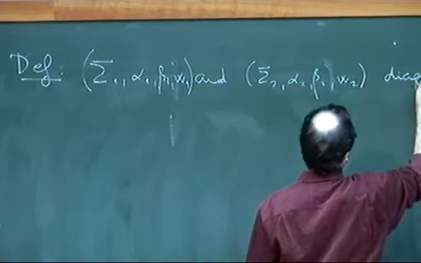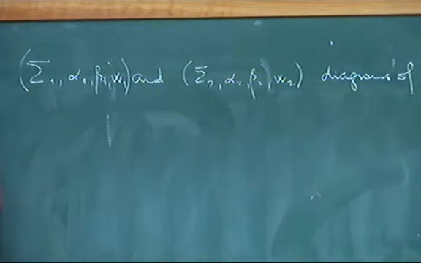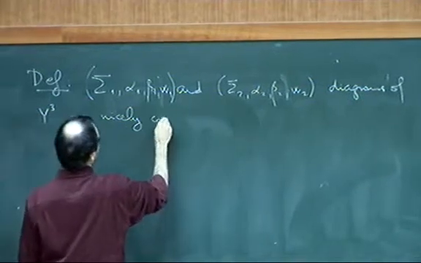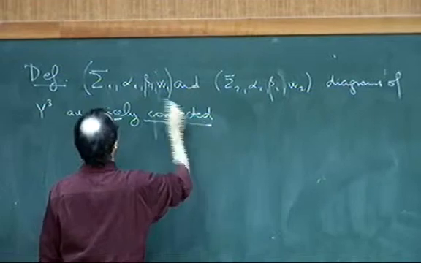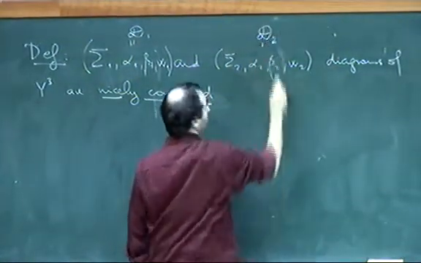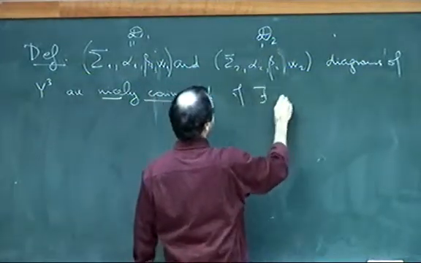Diagrams of Y, of the 3-manifold Y, are nicely connected. So let's call it D1, and this is D2, diagram 1 and diagram 2, if there is a sequence